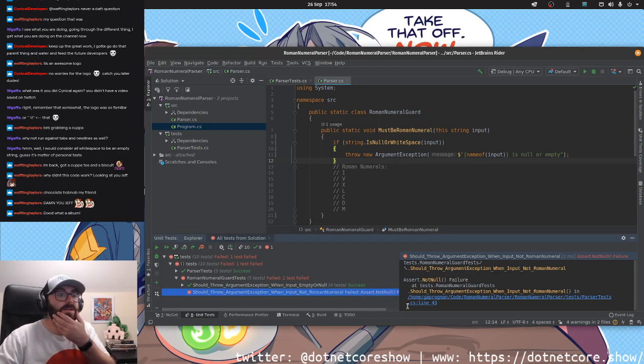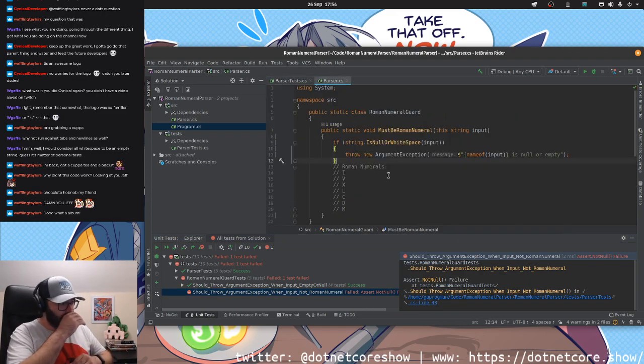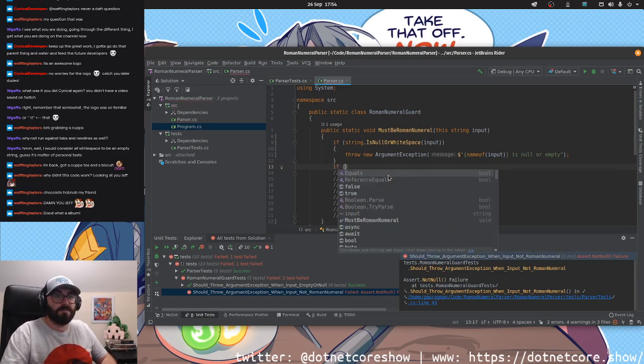Right, okay, so this is now falling over because it should throw argument exception when input not Roman numeral. Assert null, let's have a look. Line 43. So we're not getting an exception. So the way that we do this, remember we're red, green, refactor, is we want to write just enough code to make this work. So we can go if input